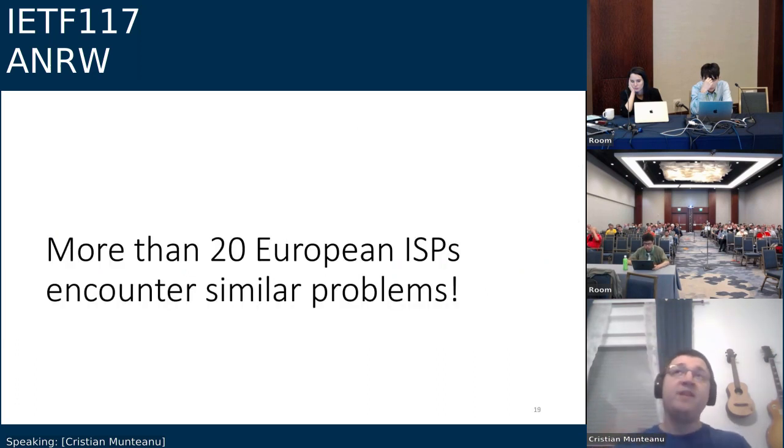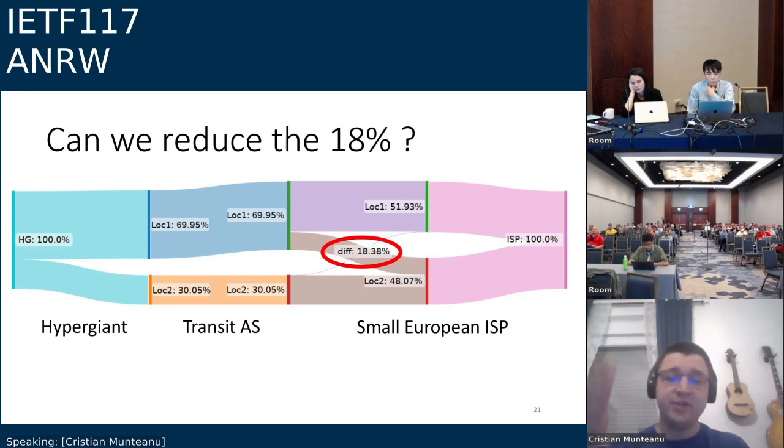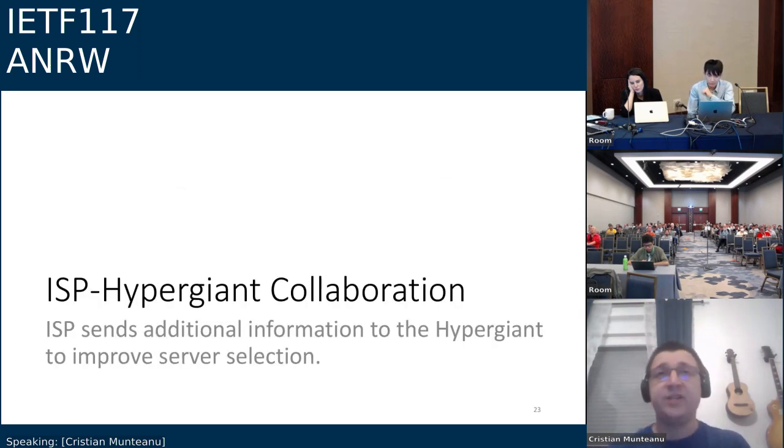Now, we see this behavior in more than 20 European ISPs during our collaboration with the large transit provider. And we asked ourselves, is there a possibility to help the hypergiants improve the server selection for non-directly connected ISPs, right? So can we reduce this 18%, or maybe completely remove it, if possible? And in fact, the answer is yes, we can do that. We can do that by enabling ISP to hypergiant collaboration. The idea is that the ISP needs to send some additional information to the hypergiant in order to improve the